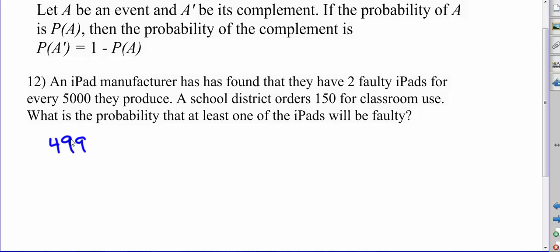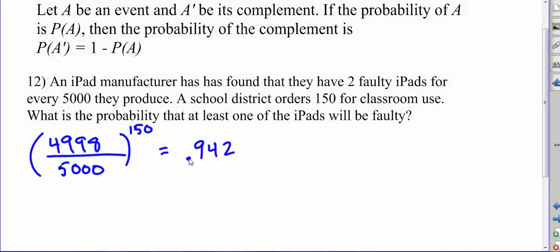So we're going to do 4998 out of 5,000 to the 150th power. What this represents is the probability of 1 being not faulty, a perfect iPad, to the 150th power because we have 150 devices, and that gives us about